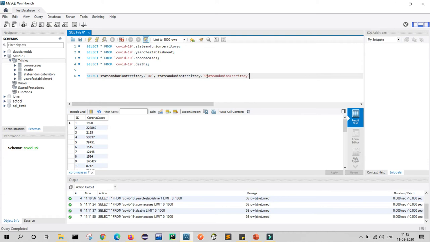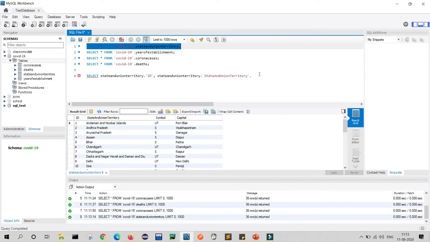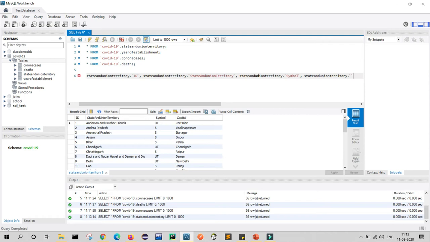For my third column name, I will open my table 1 and write accordingly. My third is symbol, so I write table 1 dot column 3, comma, table 1 dot column 4. Column 4 is capital.